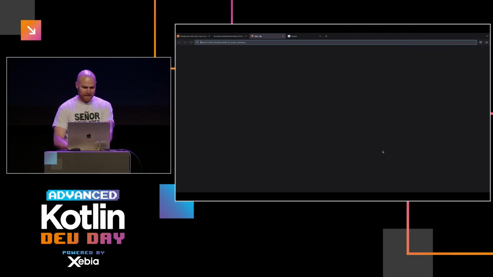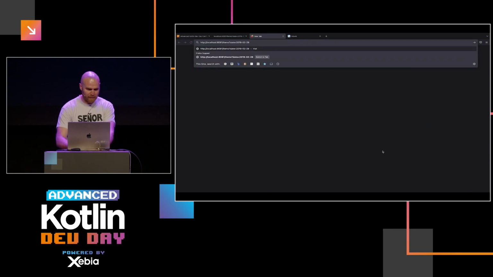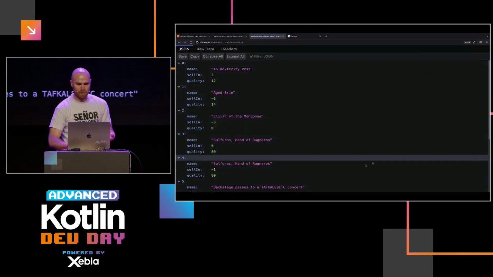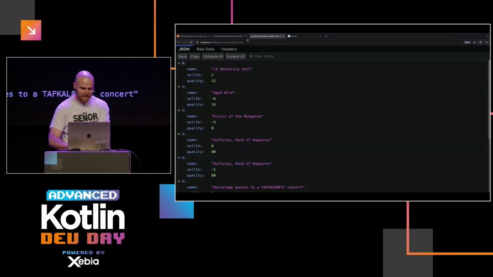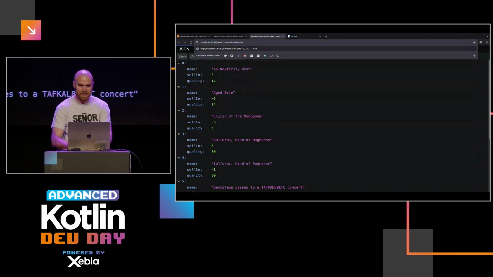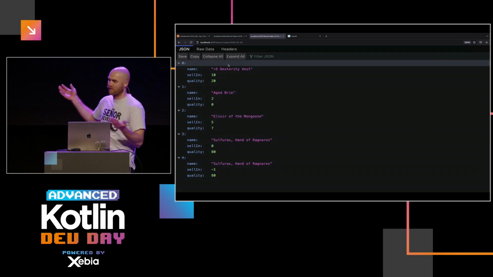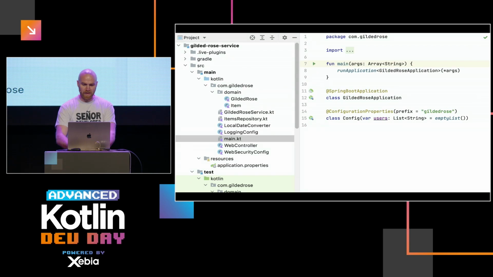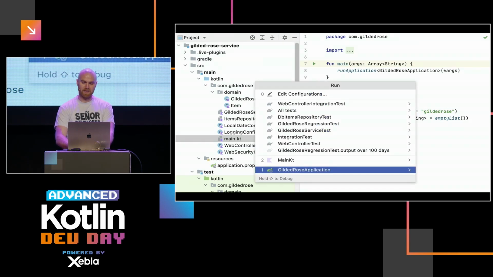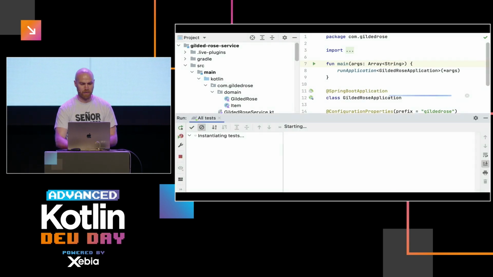It's a web thing, so I can go to a browser, type this URL, and it returns some JSON. This is Firefox, which shows some formatting. If I choose a different date here, like 20, it returns a different set of items, so it's a microservice, right? So that works. Another good thing is that this code base has decent tests. So if I run them all, you see 1, 2, 3.